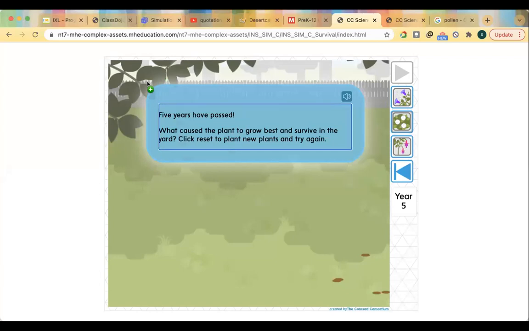So we have a big tree and we have shade and sunlight. We're going to plant two types of plant. The blue plant, we're going to plant one under the shade, one in the middle, and one under